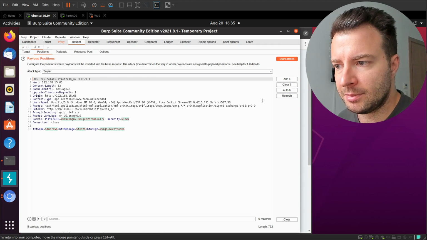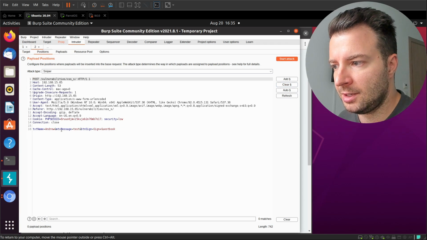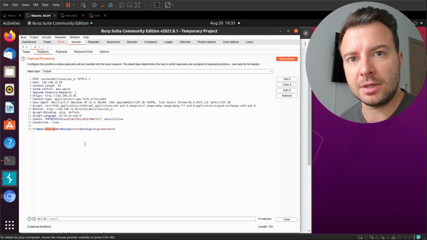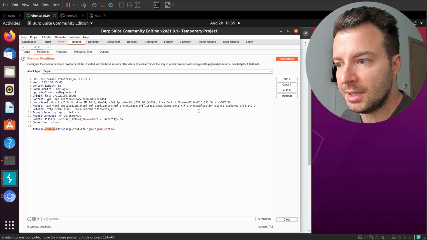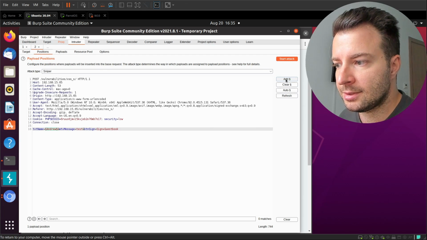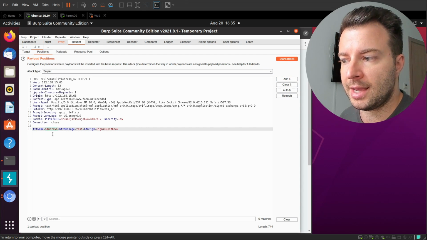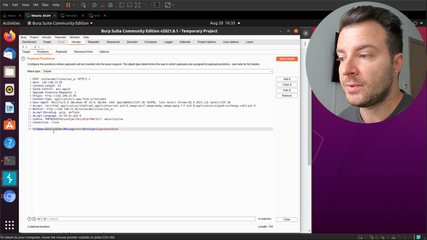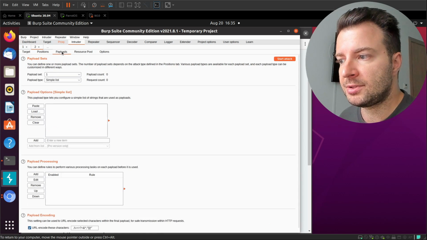Right now we don't need all of them, so I'm just going to clear everything in here and just select the username, right? We're going to try to fuzz just the username field, and I'm going to say that I want this username field to be considered as a variable or a placeholder for the fuzzing process. Now we're going to proceed to the